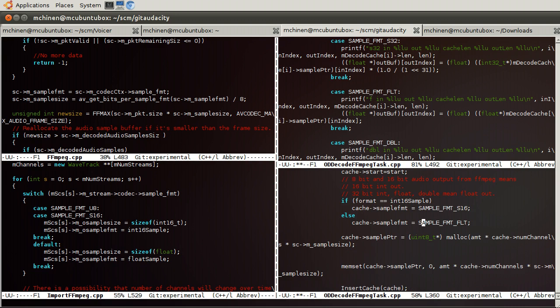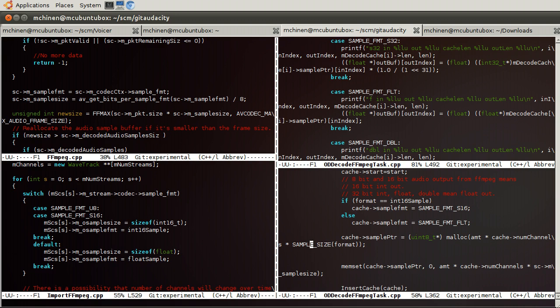And yeah, because we're doing direct, damn it, I'm not good at talking and coding. Because we're doing this direct no-conversion technique, what I mean by that is int16 translates to int16 on the FFmpeg side, and float wave tracks correspond to float output from FFmpeg.